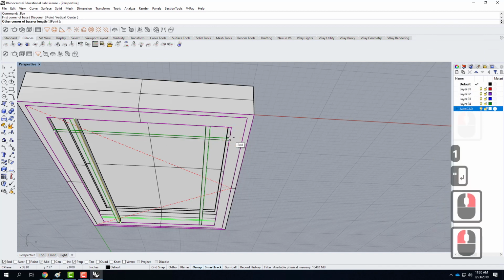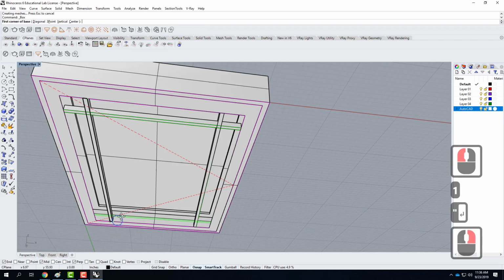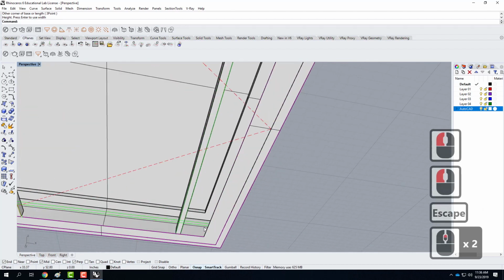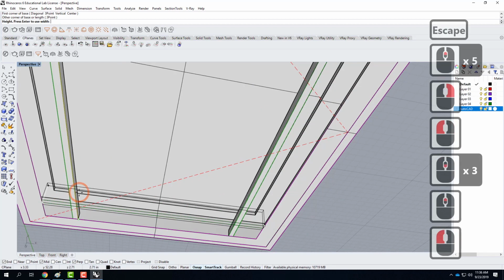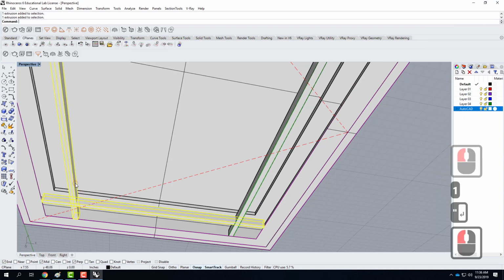Right-click to repeat the last command. There to there, that would be an inch. And we will right-click from there. There. That was not right. Try that again. And we'll say maybe an inch. So what I end up with is these four